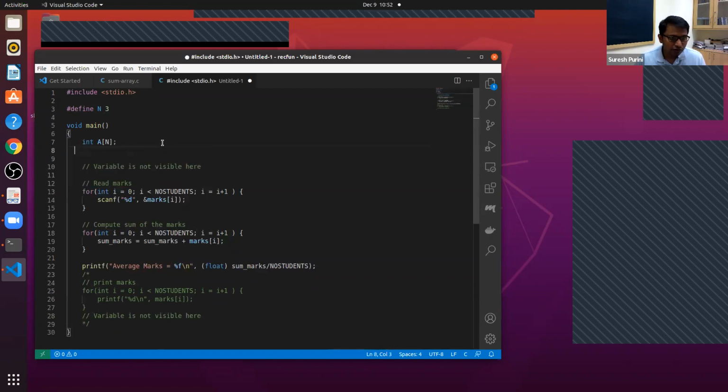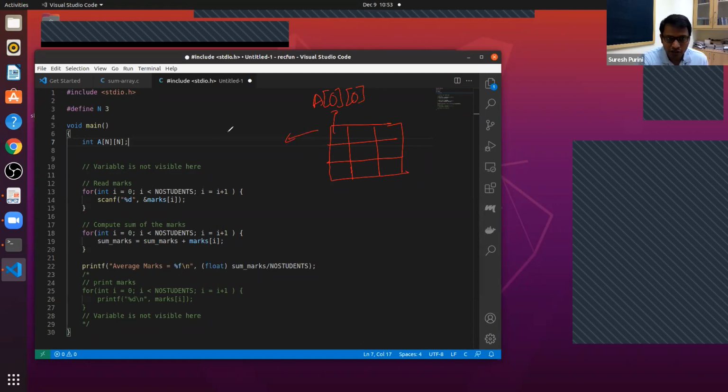So now we want to use a 2 by 2 matrix. This matrix looks like this. Here this is your 3 by 3 matrix. So this element is accessed by using this particular syntax: A of the 0th row and 0th element.